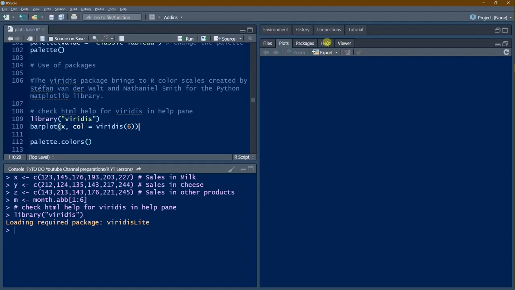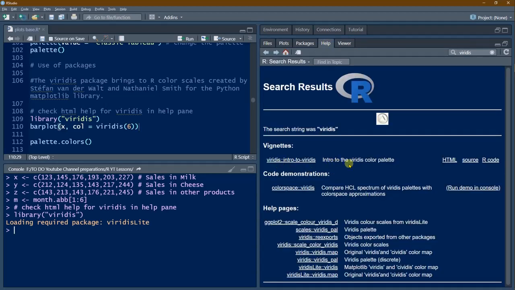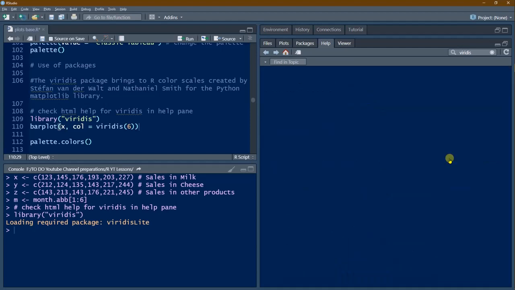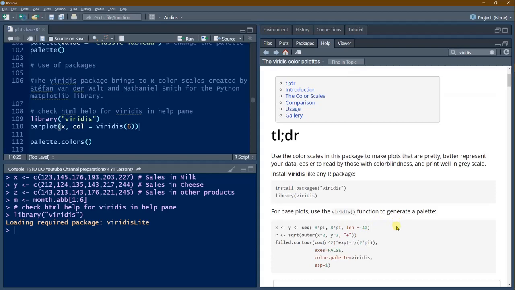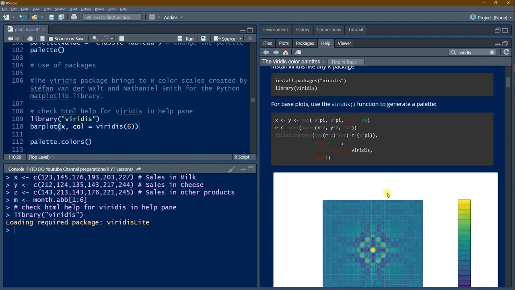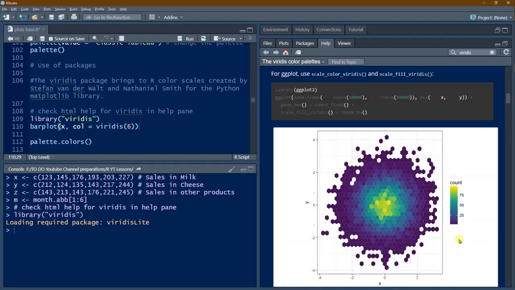As I have told, here in help we can type Viridis. Here we have got an introduction to the Viridis color palette HTML. You can click this and we'll be able to see complete details of this package. How to install it, how to load it into memory, and some examples have also been given. And we can see what color scales are available in Viridis and how to select the colors.